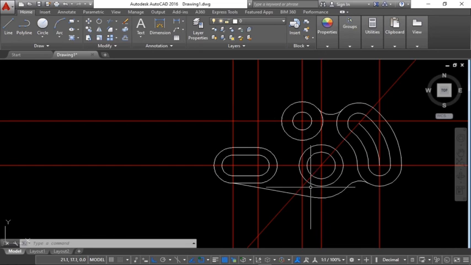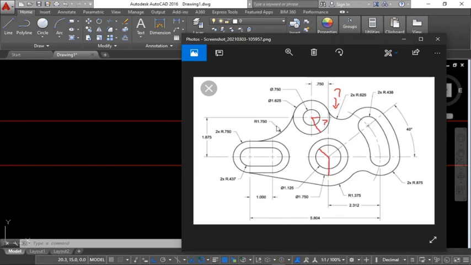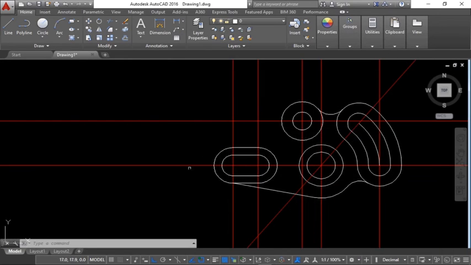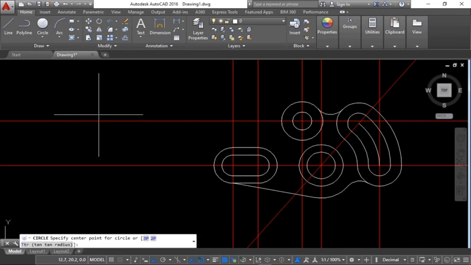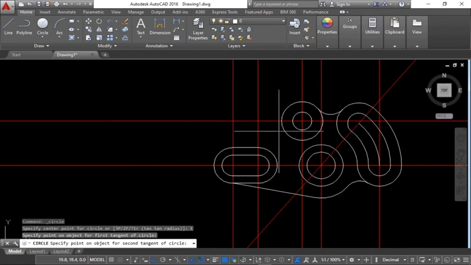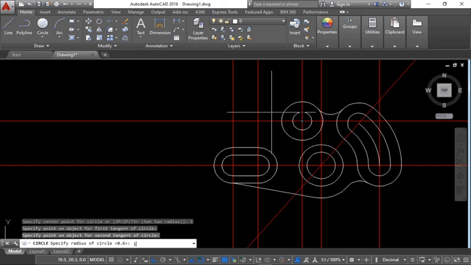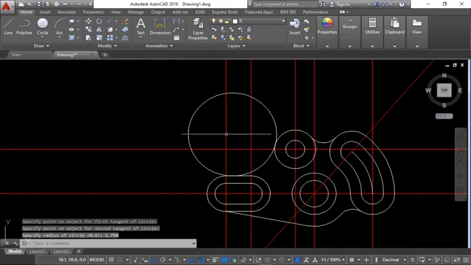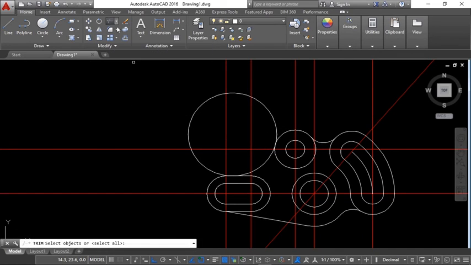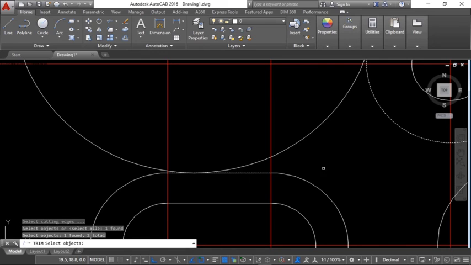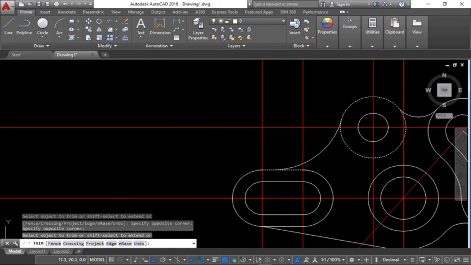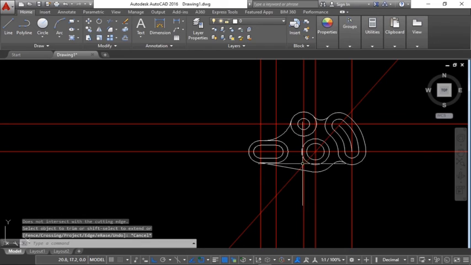So we're going to check the last thing here. This is the radius of 1.750, right? 1.750. We're going to do the same thing. There is circle T. We're going to have tangent of this, tangent of that. 1.750, enter. Then we're going to trim by selecting this as your boundary 1. After selecting trim, don't do anything, just select the boundary first. Okay, you select this as a boundary, then 2, then you select this side. Okay, so everything is done and neat. Okay, so you can delete this,